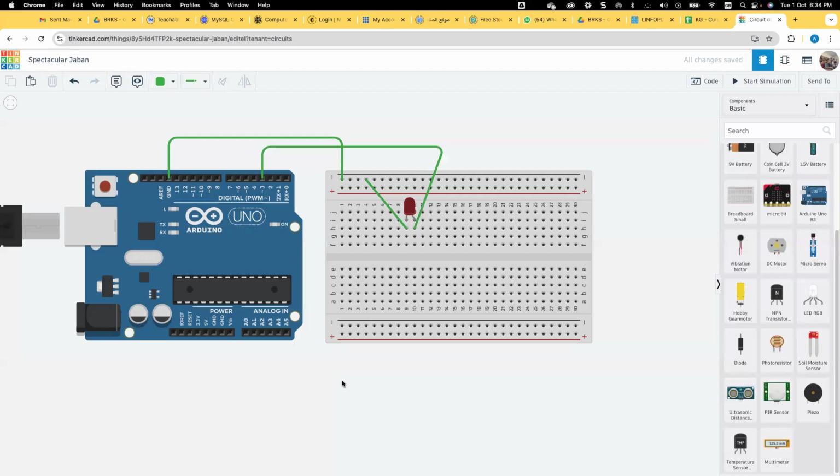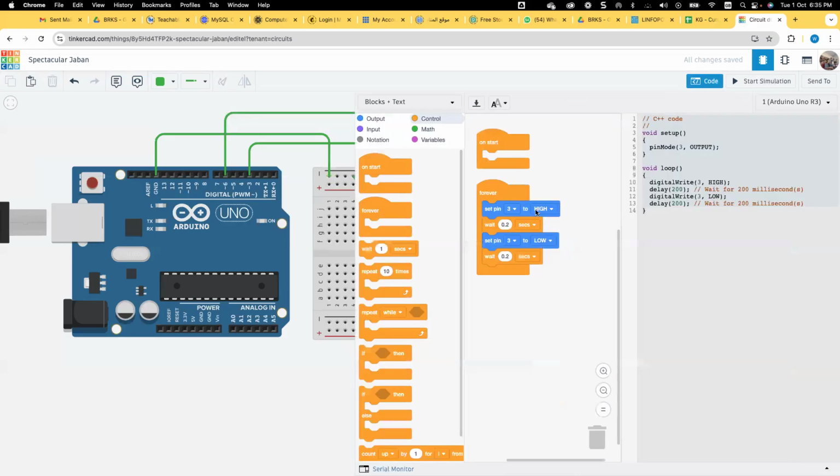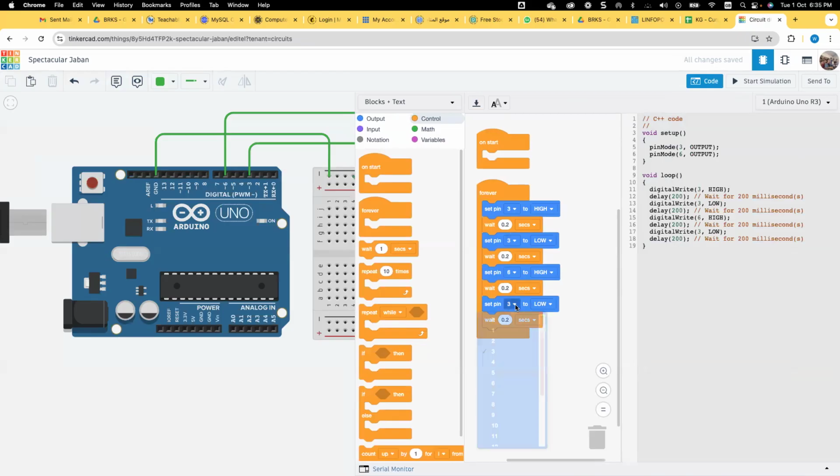Okay, now if I want to move further with my presentation, it's very important, once you start with one LED, to ask them to insert another LED and connect it to another pin, like pin 6, take from the ground, and change the code here in order to make both LEDs blink, like here and here.